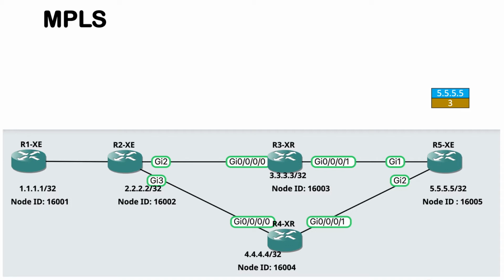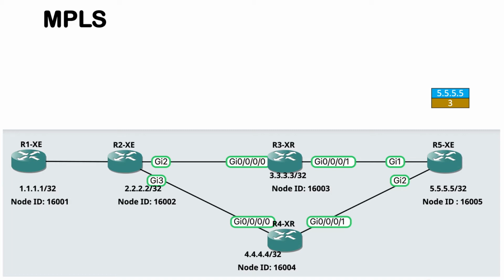Now, for example, R5XC has already advertised prefixes, so every router in this network knows about 5.5.5.5 but doesn't know about the label associated with it. So there the work of LDP starts. LDP would take the prefix and add one label to it and advertise that particular label to prefix mapping to the next router. In this case, since R5XC is originating that particular label mapping, it would put 3 as a label because 3 indicates implicit null label.